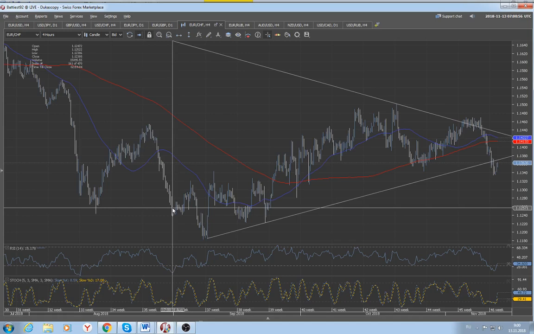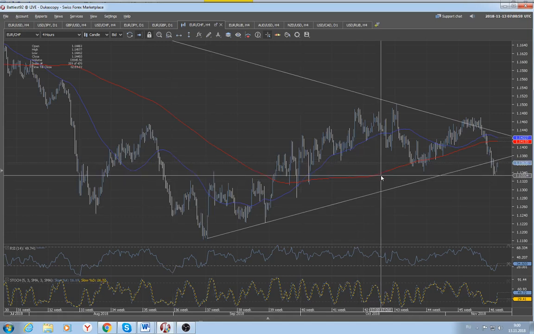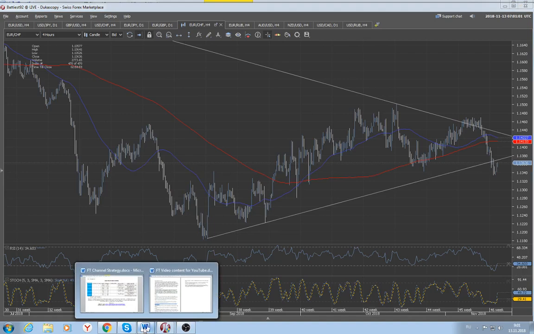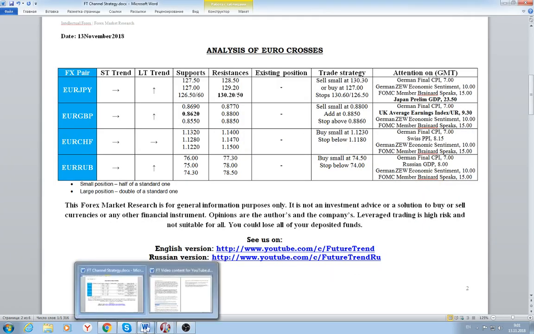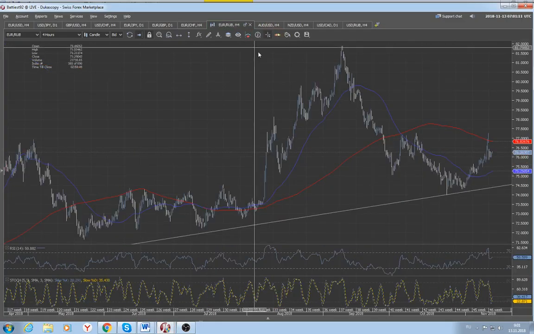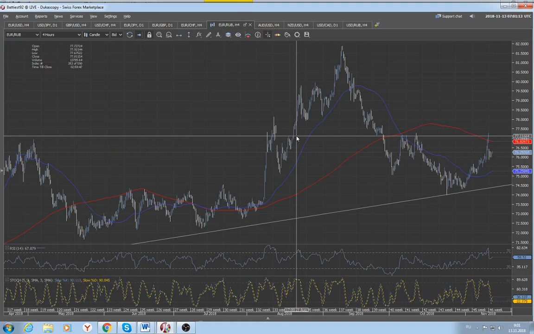As regarding the euro Swiss, it is also quite resilient to any kind of risk aversion situation, and here we suggest to remain more or less on the sidelines. And finally, regarding the euro ruble, we should understand that the ruble is quite volatile at the moment because of the continuous sanctions from the Western countries against the Russian Federation, and from that point of view, probably in the short-term run, the Russian ruble will remain under downside pressure.